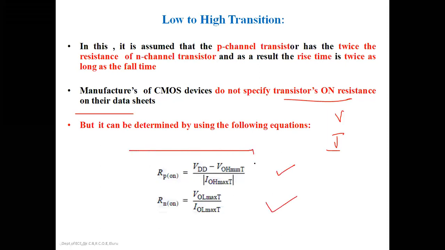We have seen these two equations in CMOS behavior with the resistive load. With the resistive load, we have seen these two on resistances of the transistors. The same equations are used to determine the transition time also. I mean that directly or indirectly it refers to the voltages, currents and resistance. So the currents and voltages will have an effect on the transition time. So finally, that is about the transition time.